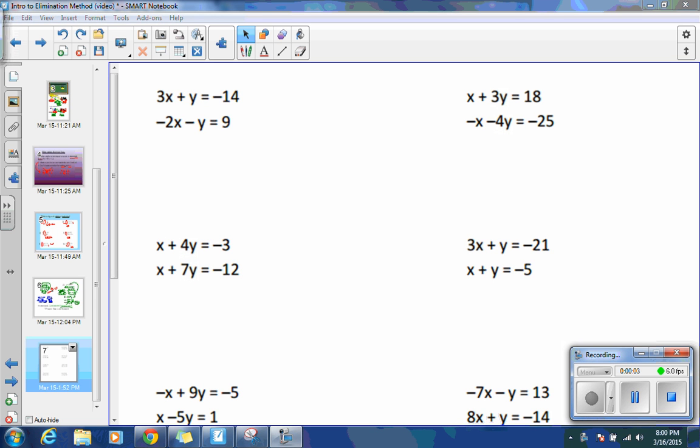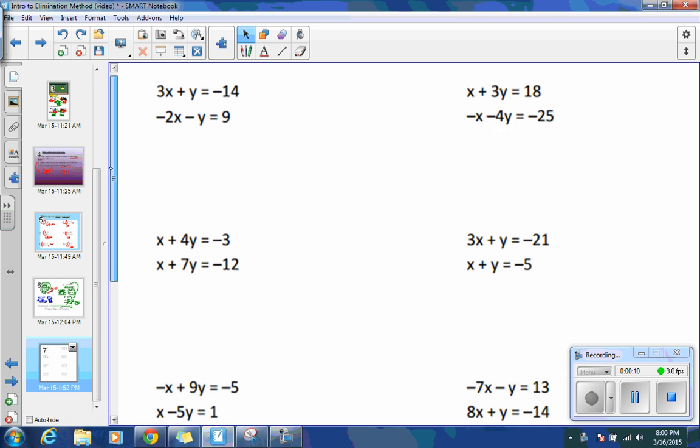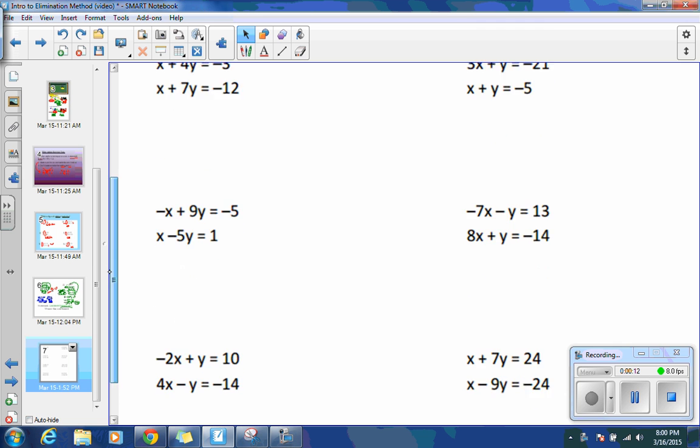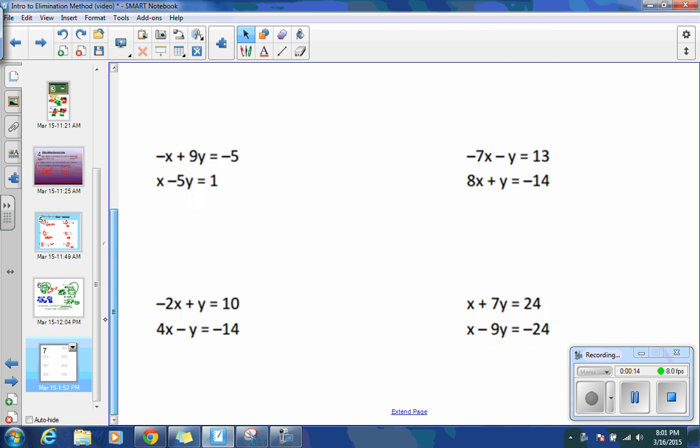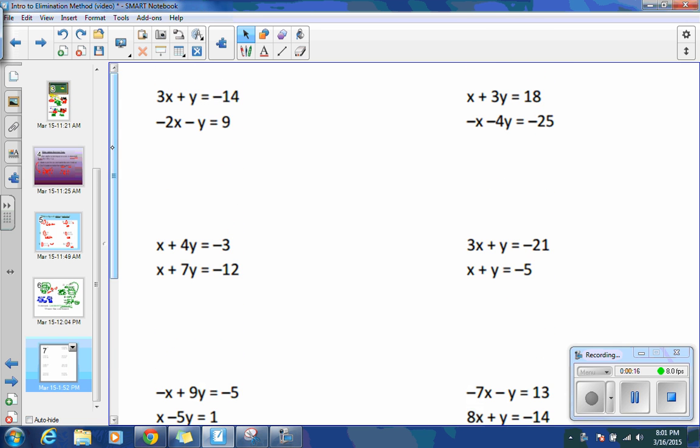Hi there, this is the answer key for the elimination worksheet 1, and I'm going to be going through not the first two because I went through those on the video that you should have watched originally, so I'm going to go through the last 8, and I'll go through them quickly, so I want you to really follow along and pay attention to if I'm using addition or subtraction and which variables I'm eliminating so I can solve for the other ones first. So, this first one, we have 3x plus